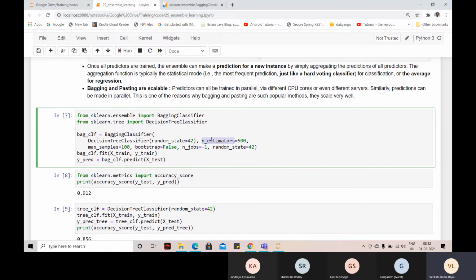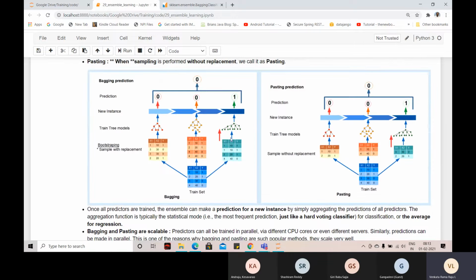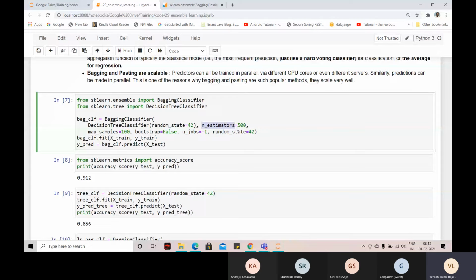But how many estimators? 500 estimators. Here in the diagram I am showing only 3, but in the algorithm I have taken 500 estimators. Max samples: I have taken 100 records for each tree to build. Bootstrap false, I said. This is the pasting algorithm, and this is pasting, not bagging. If you say true, it's going to